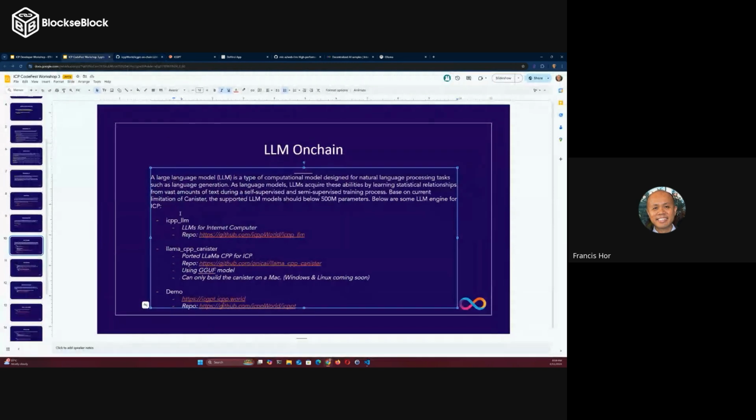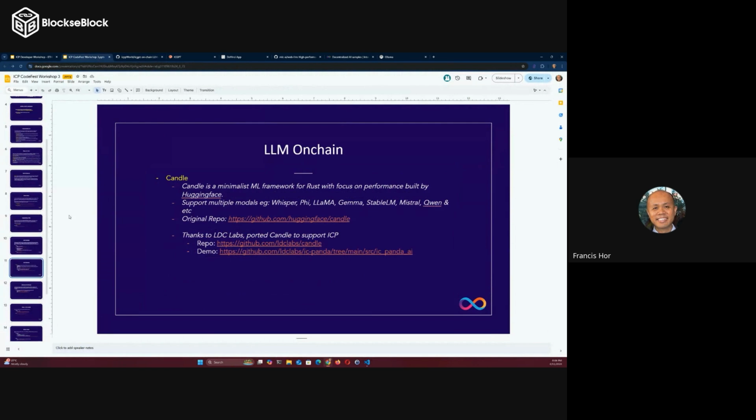So that is one of the few LLM engines. Another engine you may also need to look into is called Candle. Candle is a new, minimalist machine learning framework for Rust, which focuses on performance and is built by Hugging Face. The best part is that the Candle ML framework supports multiple models, which means you can use this framework for